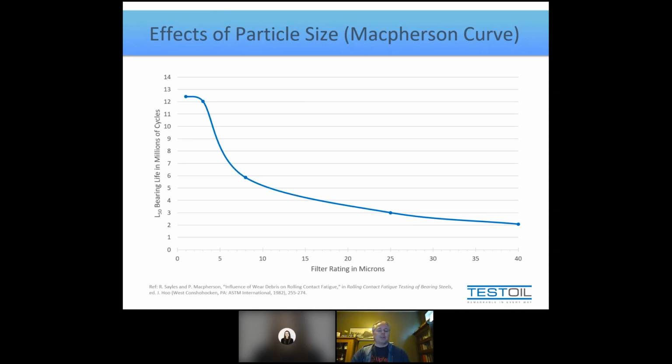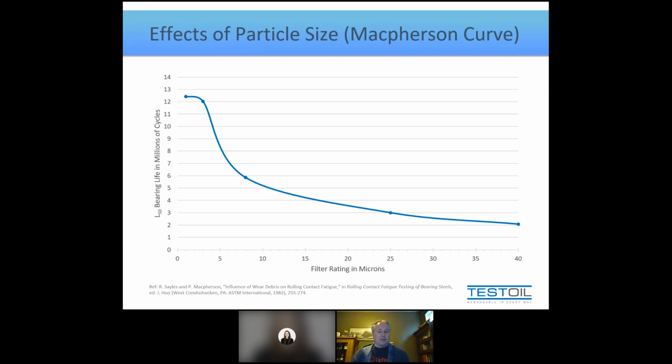So basically, we're looking at a plot of, well, how good of filtration has what impact on the life cycle of a bearing. So starting at the very far right of this graphic, you'll see that at 40 microns of filtration, so filtering particles that you can see, we get about 2 million cycles as the average life of 50% of the bearings. If you could go all the way down to 25 microns, though, the size of white blood cells, you will see that you can increase that to 3 million cycles, a 50% increase in the life of a bearing. That's pretty substantial.